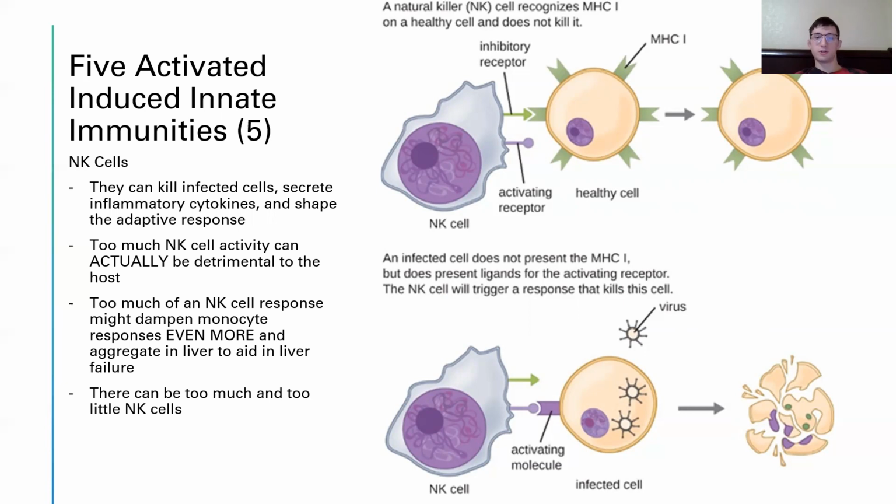So pretty much, what do natural killer cells do? Right, their main role is to find an infected cell and destroy the cell. So if you have a really large viral infection of EVD, and it aggregates in certain organs, if your NK response is too high, it can actually be detrimental to that organ. That's why lots of times with Ebola, you can actually go into multi-organ failure as well.